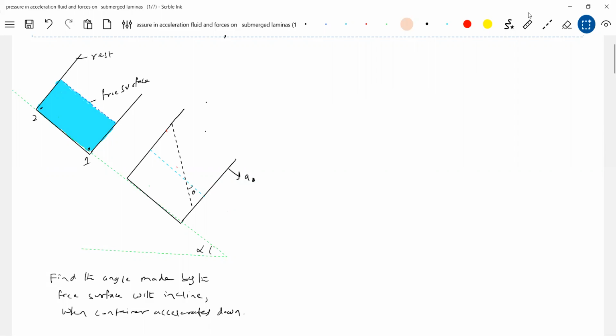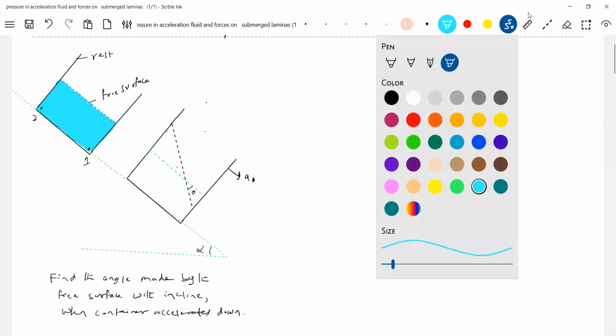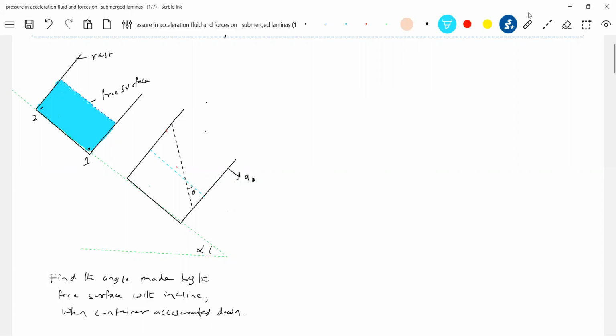What is the property of the free surface? The free surface will always align itself in such a way that the tangential force along it must be zero, or it will align itself perpendicular to the net force. So instead I'm using tangential. The tangential force at any point on the free surface must be zero. Then only equilibrium is possible.